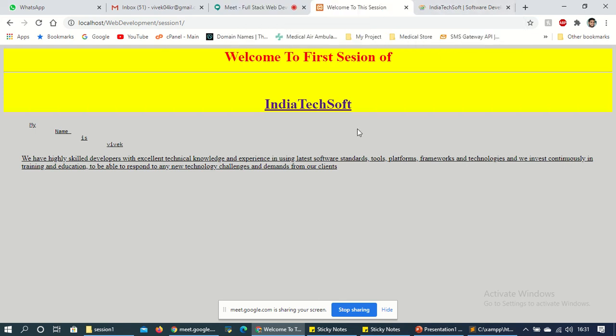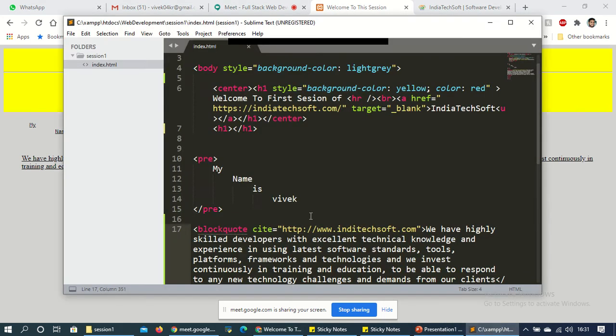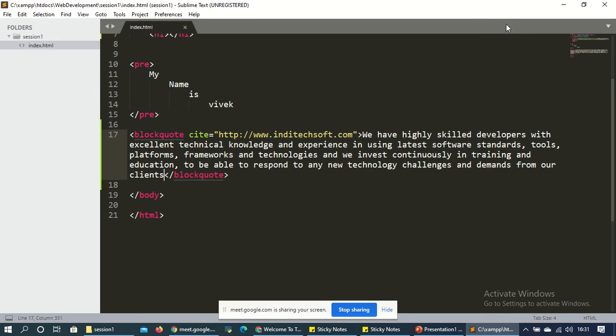and now the next is q. Q is also used to define a short quotation. Browsers usually insert quotation marks around the q. So the same thing, if I want to use it, here I have one paragraph, P and P close. Under this P, hey everyone.